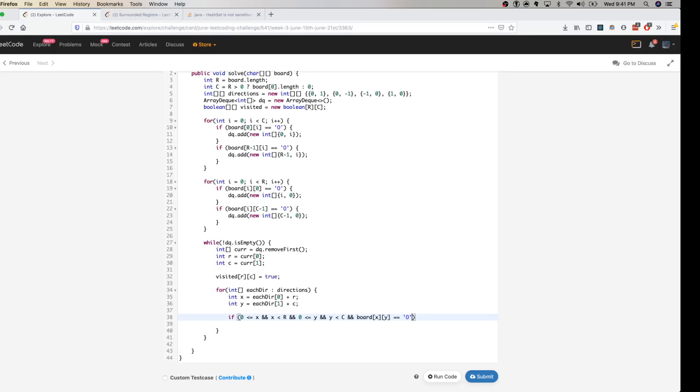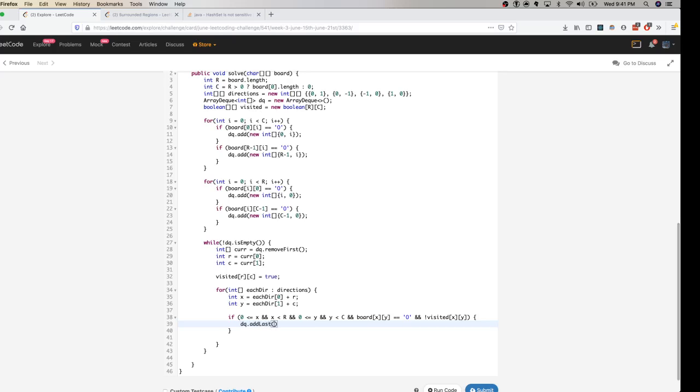and you should also make sure that this is not previously visited. If it is already previously visited and you don't check for that, you would probably end up in a continuous loop, and your program would get a time limit exception. So what I'm going to do is check if it's not already visited, which I could do using the visited set. Alright, so if it's not already been visited, then I'm going to add it to my deque.